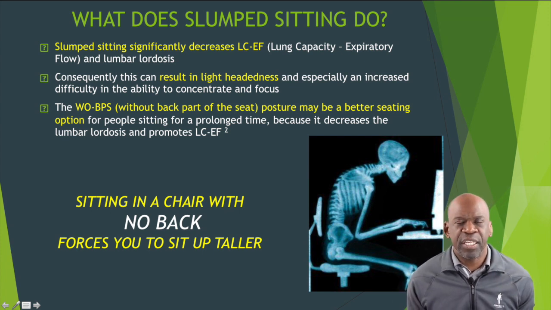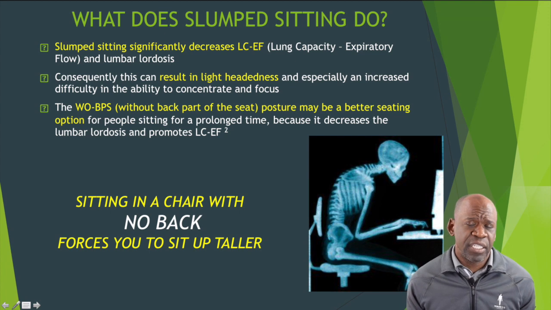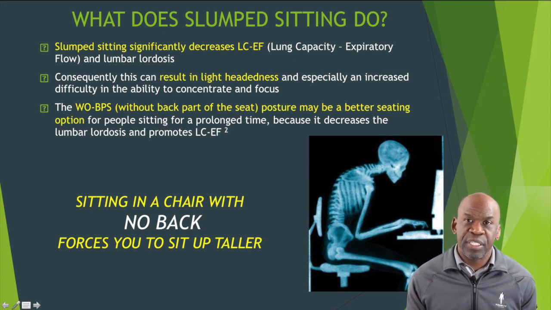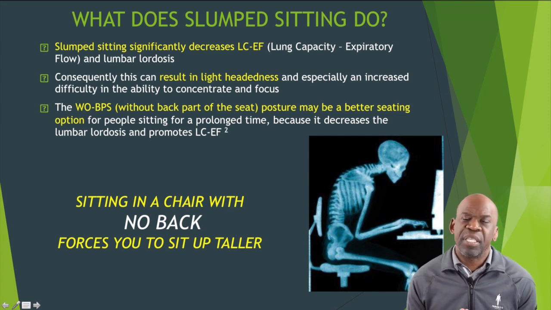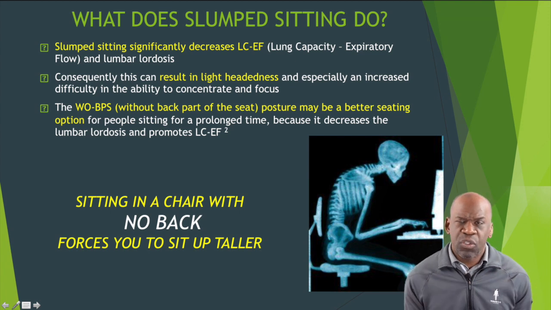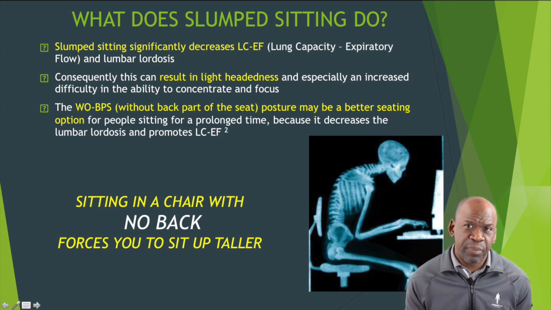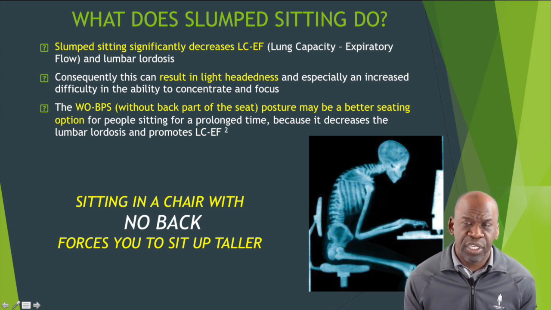The larger your rib cage can expand, the more air and oxygen you can bring into the lungs at any one time. Any process which decreases the ability of the chest to expand also decreases the amount of air that can be brought into the lungs, and by virtue decreases the amount of oxygen available for the lungs at any one time, because the air is only 21% oxygen. So what this means is that if you sit with a poor posture or sit with a slumped posture, your rib cage will have a decreased ability to open up, and you will have a decreased ability to bring air and oxygen into the lungs.